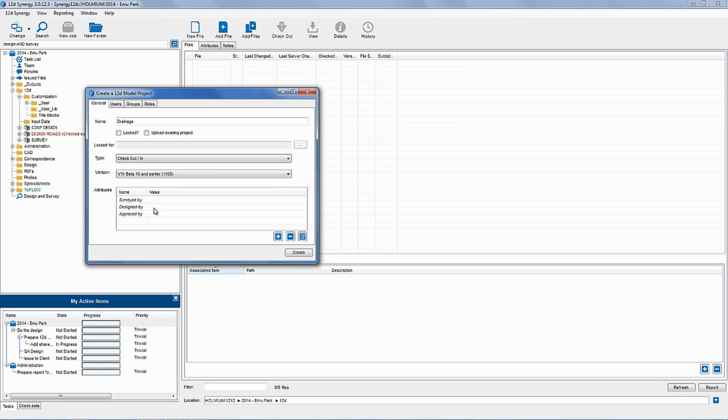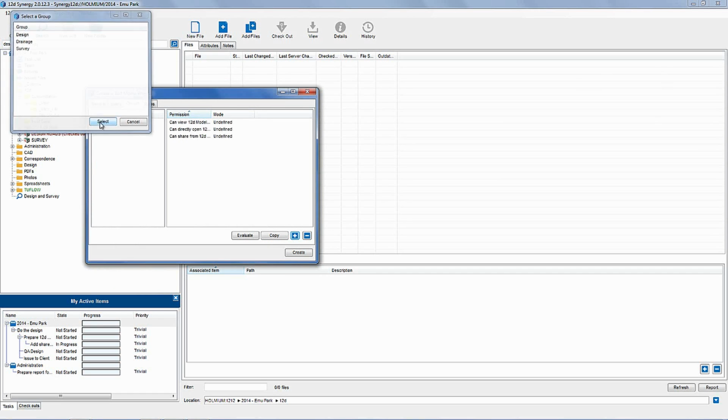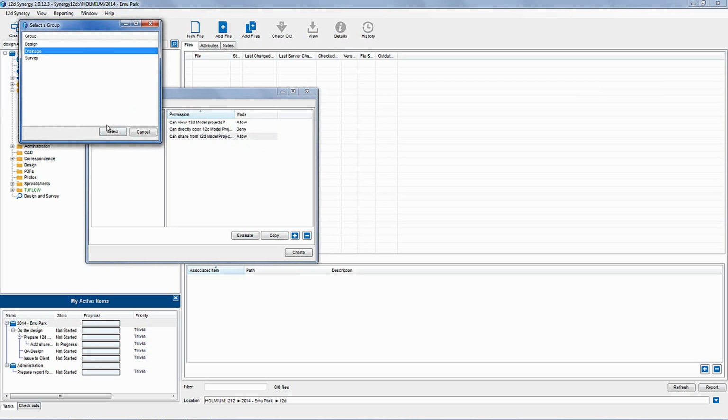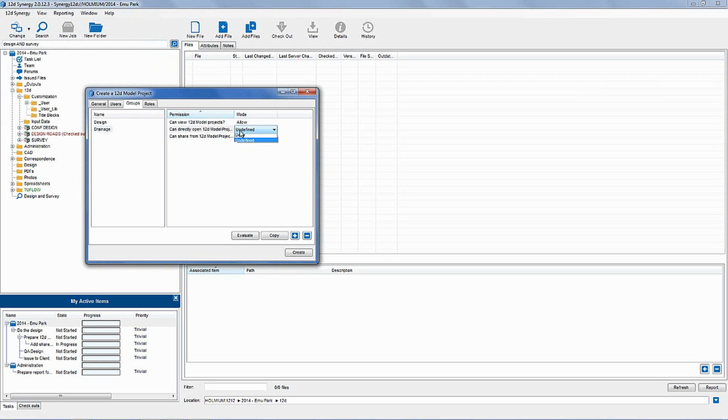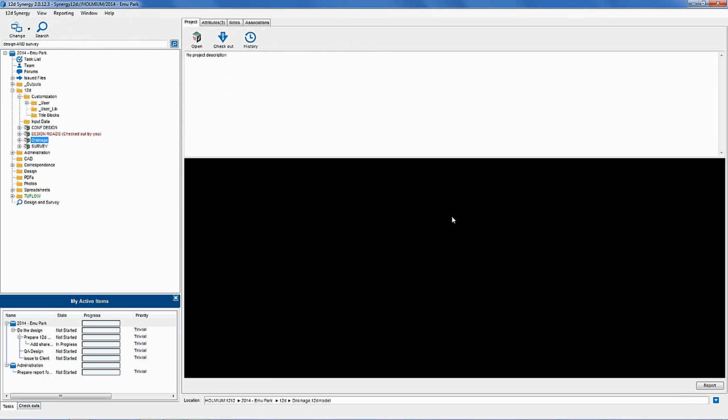I can then fill out my attributes, so I'm just going to pick myself. I can also set up some permissions at this point, and because this is a drainage project, I'm going to allow the designers to see that it's there. They won't be able to open it, but they can share data from it. However, my drainage engineers can access everything they need to and create. And it's now created a blank 12D Model project for me, which I can begin to work with